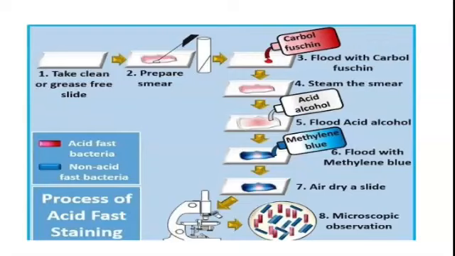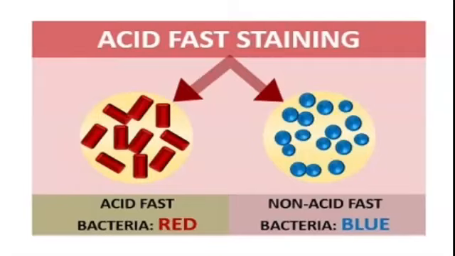Clear? So this is the acid fast staining technique. So acid fast bacteria will have carbol-fuchsin color and non-acid fast will have the methylene blue color. So this is how the staining process will be like. Acid fast will have a red color and the non-acid will have the blue color. So you can identify whether it is a Mycobacterium species or the other species. So easily you can differentiate the Mycobacterium species from the other species using this Ziehl-Neelsen staining.